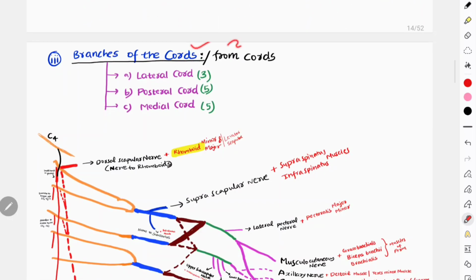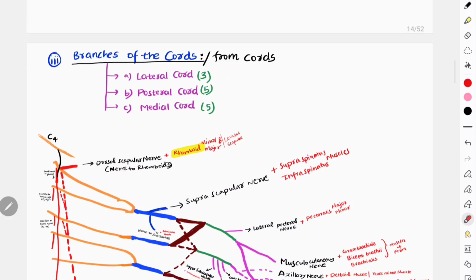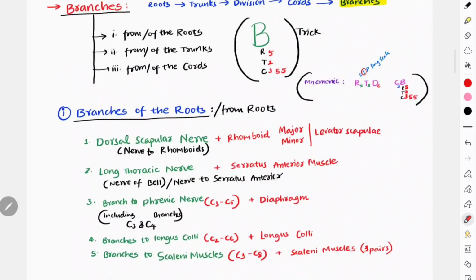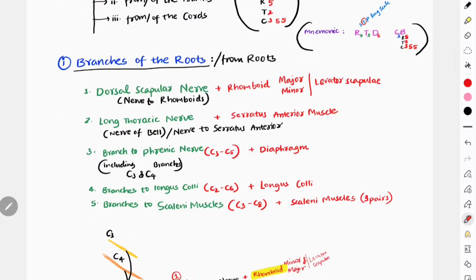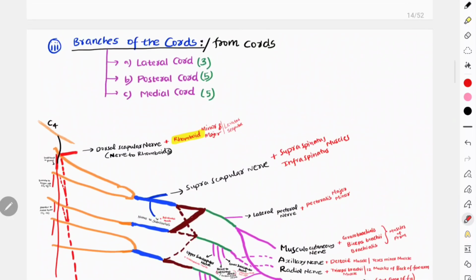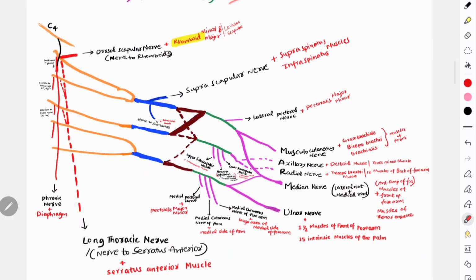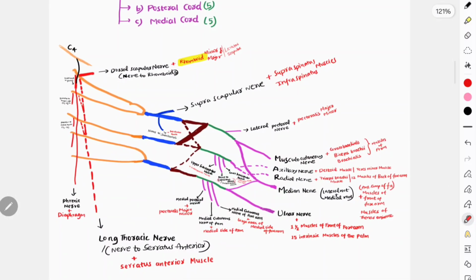See, branches of the cords, from the cords also called. So lateral, posterior, and medial cord. See, 3, 5, 5. You can see here, C5. From the cords, branches from the cords: 3, 5, 5. As you can see here, these are the cords. Green color ones are the cords. So remember,